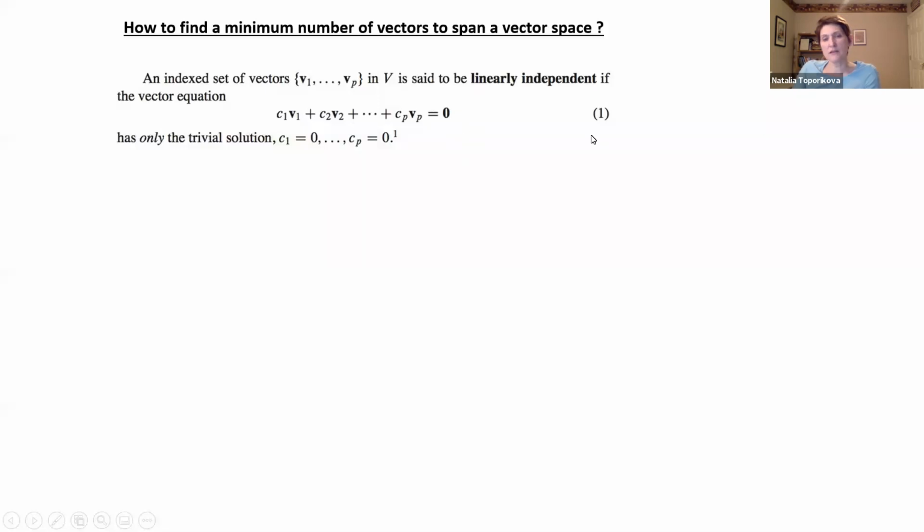Probably it's not the easiest definition to grasp the importance of, but the graphical explanation is a little bit easier. We need to remember that, for example, in two-dimensional space, dependent vectors align on the same line, versus independent vectors that are not on the same line. And we can extend it to three-dimensional space, where dependent vectors align on the same plane. So basically, dependent vectors can be expressed in terms of each other, so the lengths of dependent vectors will be proportional to each other,